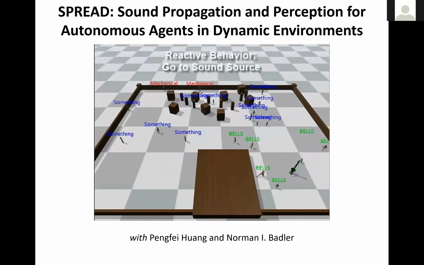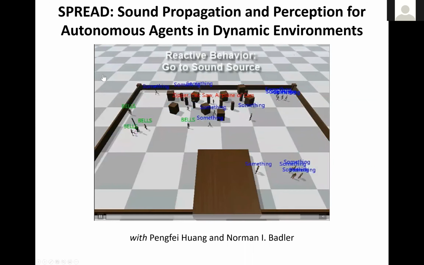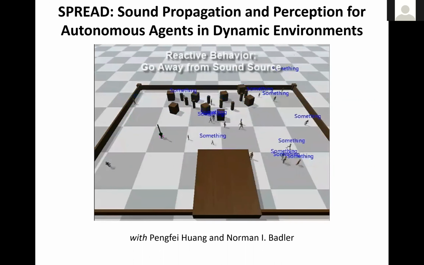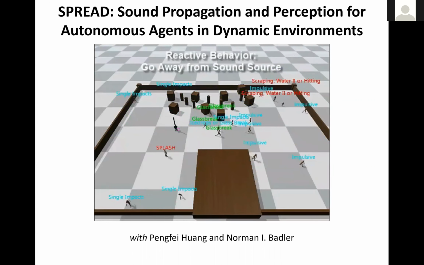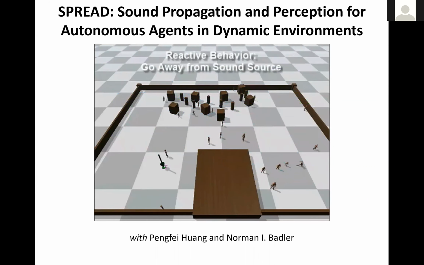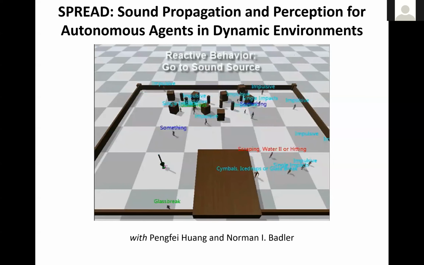What's important for you all to see is that these labels on the top of every agent, let me actually turn off the audio. The labels that you'll see on top of these agents are essentially a perception of what they believe they heard. This green arrow is a sound trigger that is happening in this virtual world. I'll wait for the next sound to be triggered. Yeah, there you go.